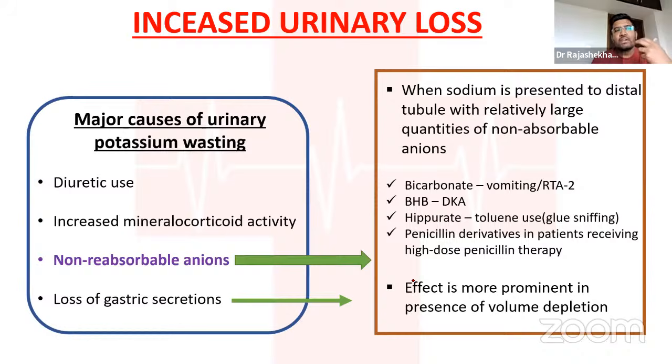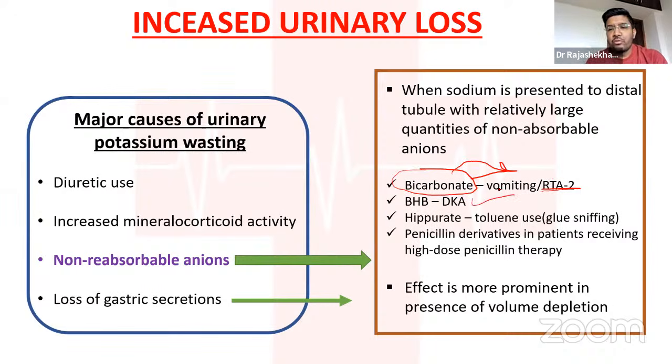So if there is an increase in the amount of negative ions in the body, like if the patient has more bicarbonate in the blood, more and more sodium is going to bind to the bicarbonate. So this bicarbonate is being delivered to the distal tubule, for the same reason as in vomiting, and similarly in proximal RTA, as there is impaired reabsorption of the bicarbonate. So this can cause hypokalemia in your patient.